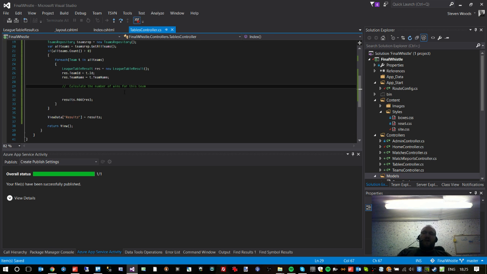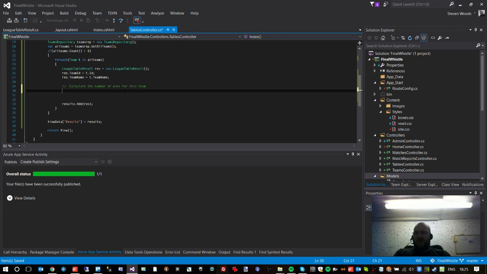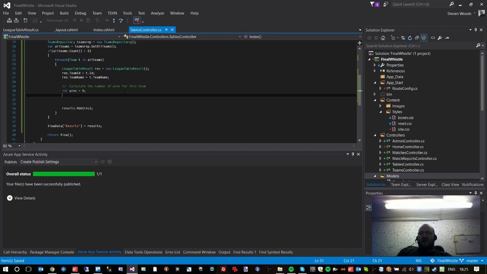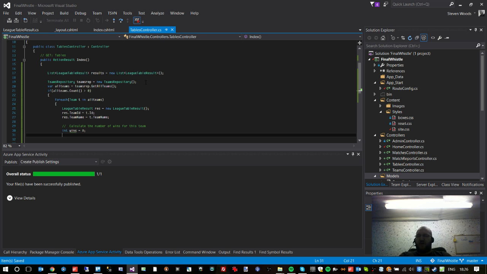So remember, there are two different types of win. There's a home win, and there is an away win. So what we need to do is define something called wins. We'll just call int wins equals 0. And the next thing we need to do, arguably the first thing we should have done, is just create in memory a list of all of the different